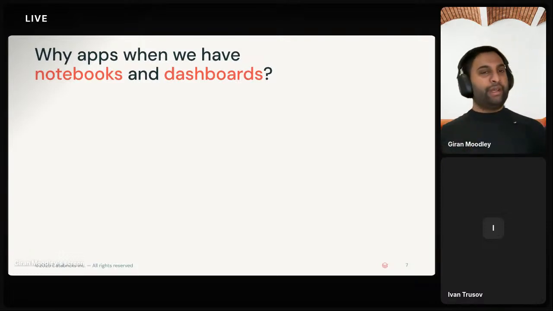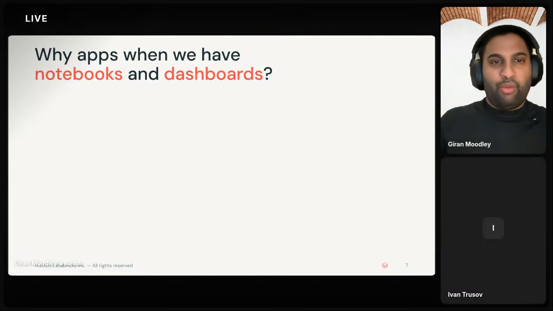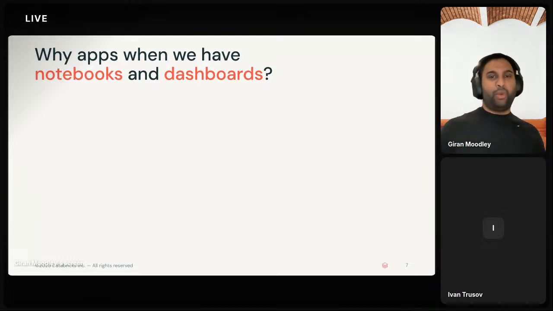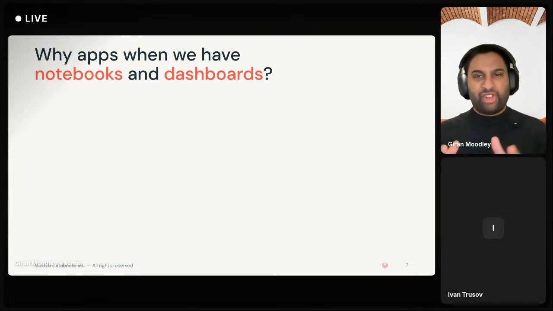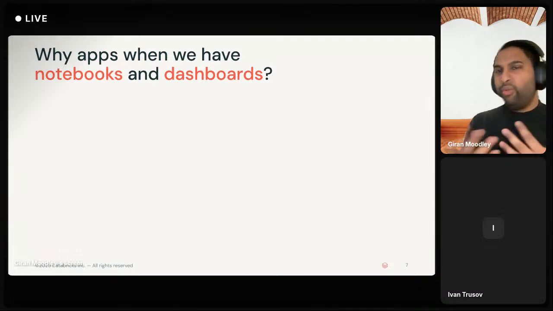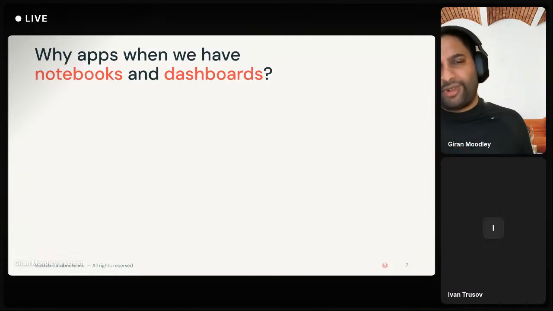And this might sound great, right? So data and applications, hopefully we'll try to bring it out to a lot of people, but there seems to be a recurring theme that we hear from a lot of our customers: do we actually need them? Databricks is such a robust platform. Why can't we just use the notebooks and dashboards?